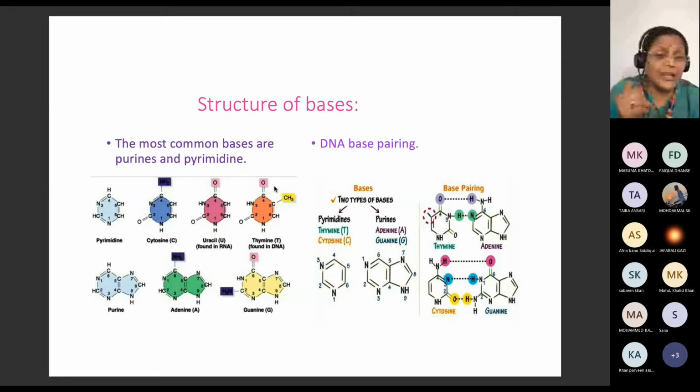Clear. Now we go for the purine bases. Purine, as I told you, has a 6-membered pyridine ring. There is already nitrogen. So here, if I remove this, this is going to become the 1 and 3 position nitrogen. That means this is a pyrimidine. And plus we have 3 more members with 2 nitrogen here. So altogether, we will have a bicyclic structure with a total of 9 members. So this we call purine.